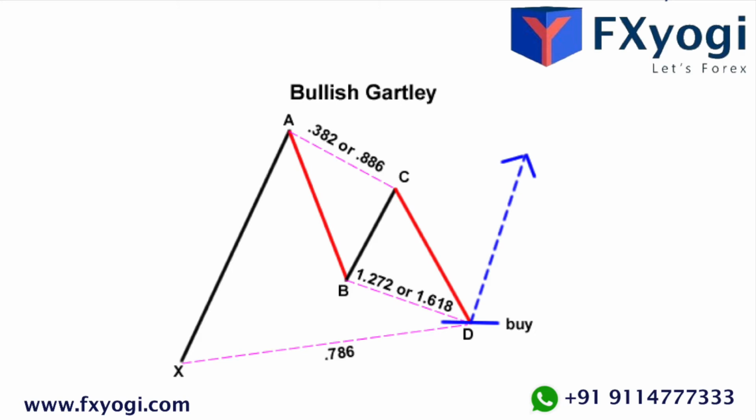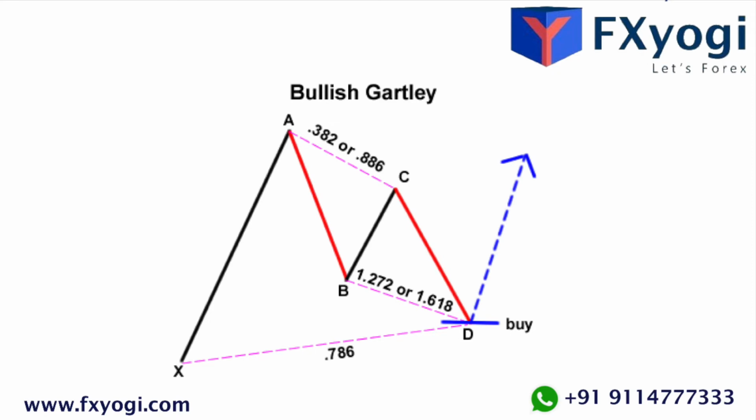This pattern can be hard to spot. It can also get confusing once you pop up all those Fibonacci tools. The key to avoiding all the confusion is to take things one step at a time. In any case, the pattern contains a bullish or a bearish ABCD pattern, but it is preceded by a point X that is beyond point D.